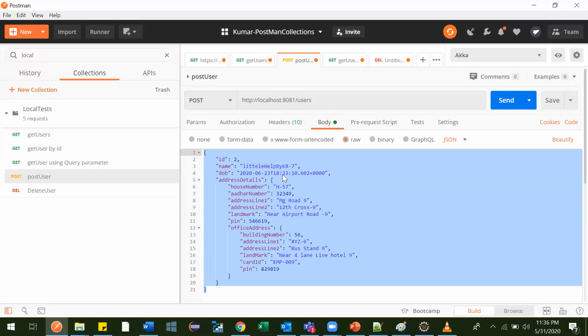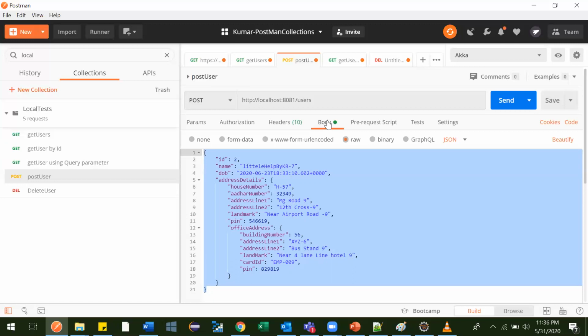So there are two types of data. If one kind of data is exposed to the user, it will not harm anything, but there are a few data which are sensitive, so those data we should always send in the form of body. And suppose if we add this many parameters in the URL, how bulky our API would look. So we need to send this data through Postman, through the body. This is what the developer has created, and they have asked to send it in this format only, so we have to provide data like this.